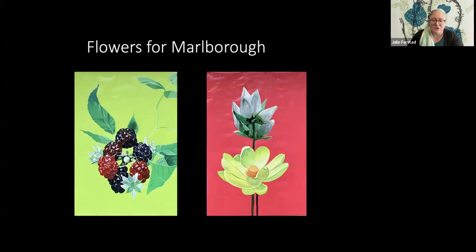So I started painting native plants on these big Tyvek sheets. Tyvek is like this recycled kind of plastic product that is used in housing insulation. Anyway, so during the pandemic, we were all at home, and I live in a